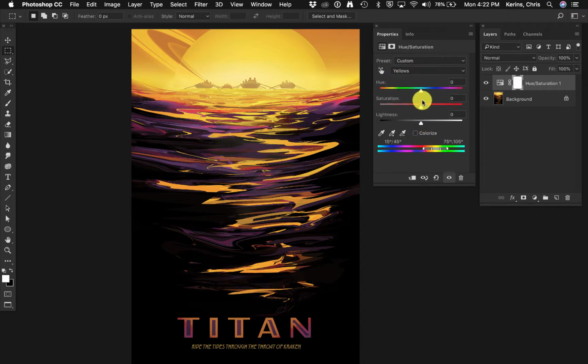Let's make them slightly greener, and that'll really give me even more of a complementary color scheme. All right, so pretty interesting way to make some adjustments there. Now let's take a look at another example